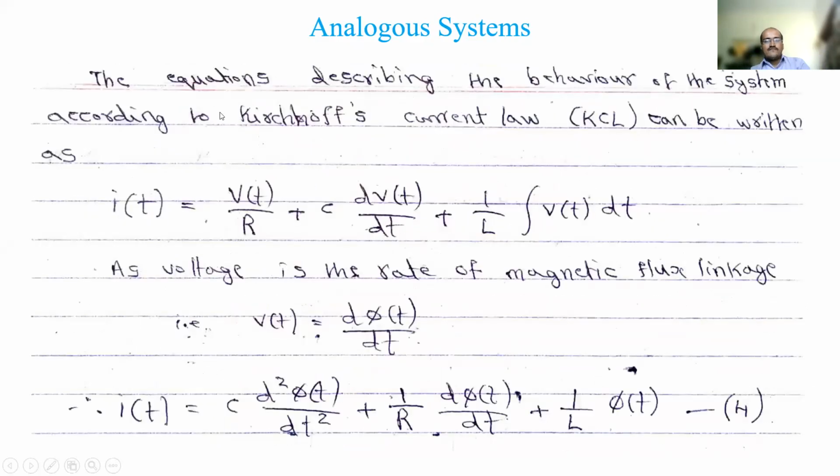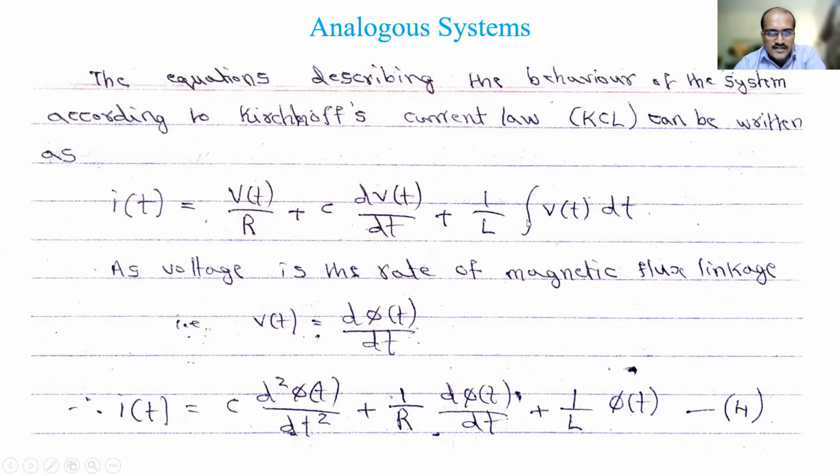Now if you write the equation for this parallel electrical system using Kirchhoff's current law, I of t is equal to V of t by R, that is current, plus this basic relation, current with the capacitor, C into dV of t by dt, plus 1 by L integral of V of t dt. Everything we have to write in terms of the current equation now. Both types we did last time in the basics, so just go through the network theory notes if you have, and brush up. So that is the equation I have written.